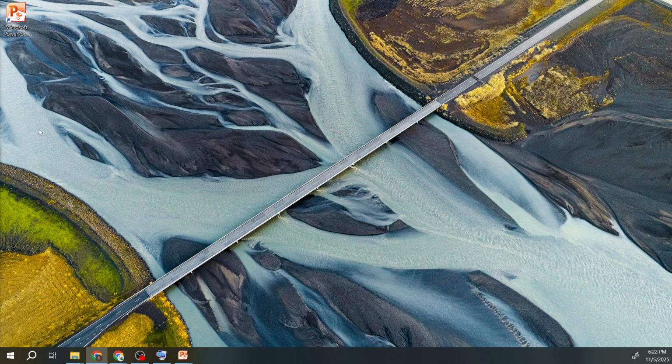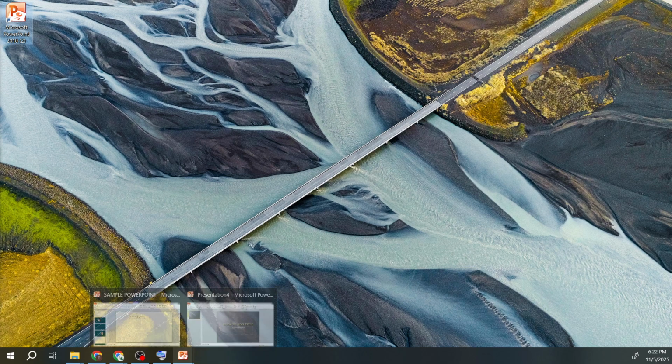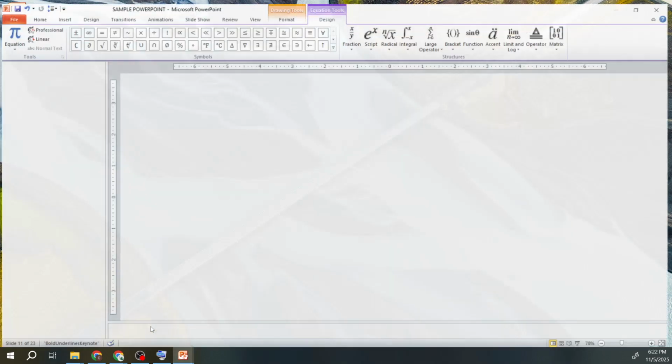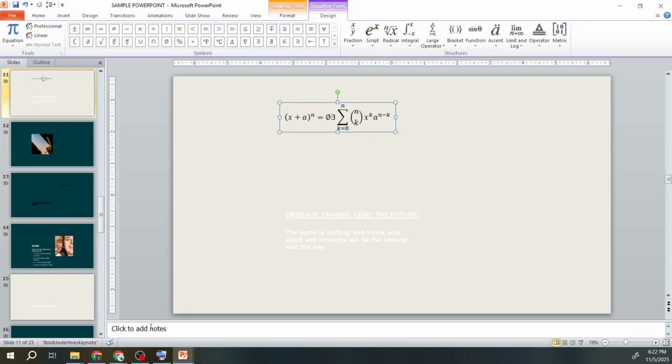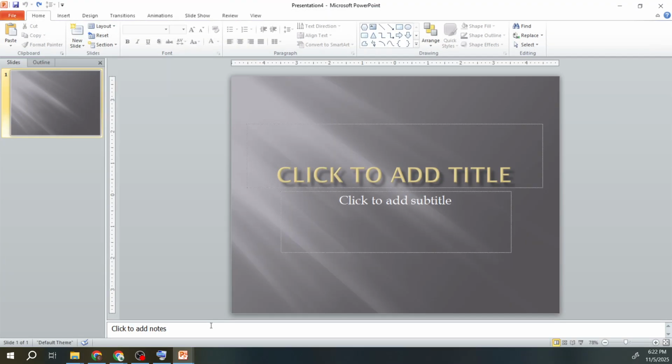First, you'll want to launch PowerPoint on your desktop. This is your starting point, where all the magic happens. Once PowerPoint is open, you can either choose to open an existing presentation or start fresh with a new one. At this stage, feel free to add any photos, tables, or other content that you might want in your banner. It's important to have a clear vision of what you want your banner to look like before you start adjusting